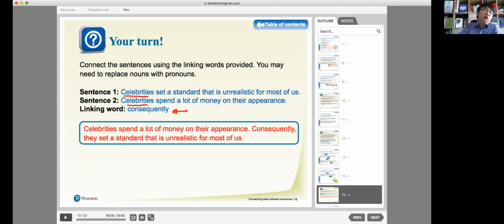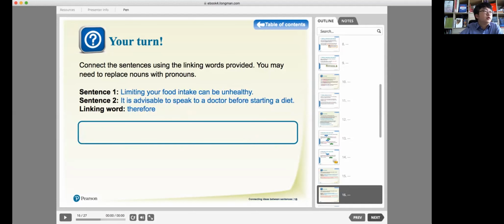Look at here. Celebrities spend a lot of money on their appearances. And consequently, here's the result. Consequently, they set a standard that is really unrealistic for most of us. You can see here, "they" is the pronoun replacing celebrities. All right. So we put the reason first and the result after consequently. Next example,